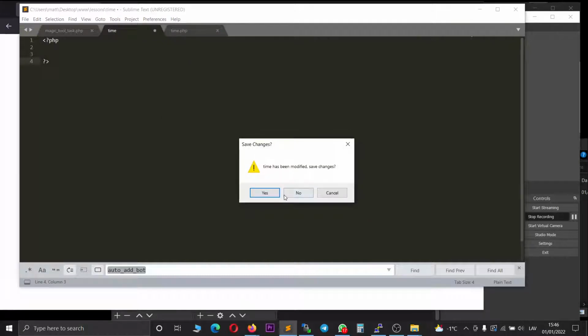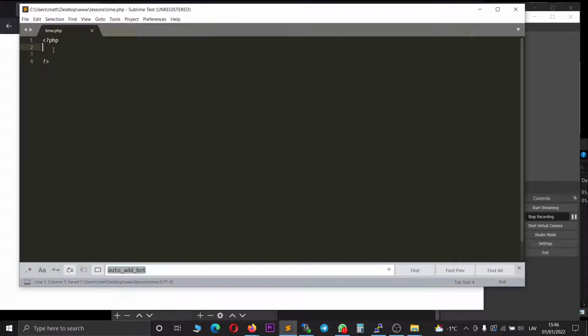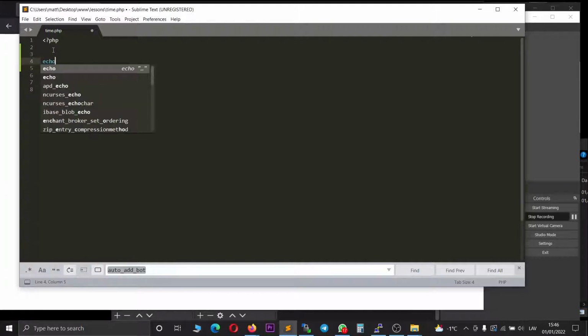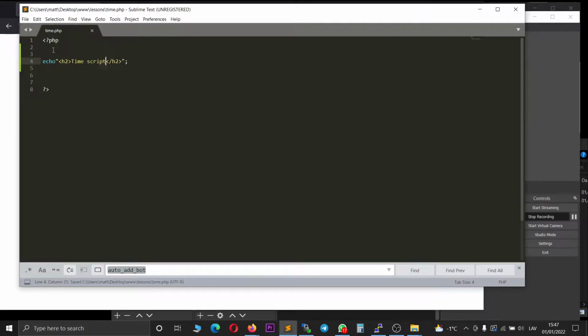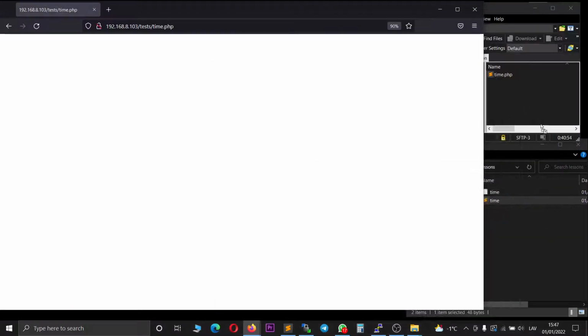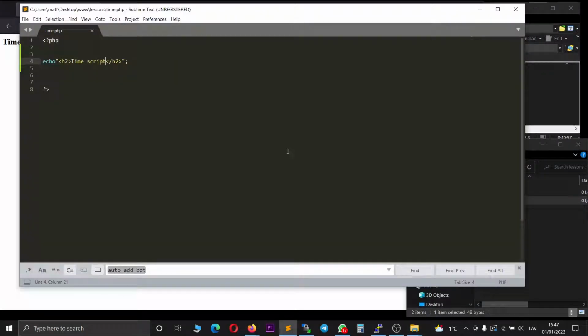I'll show you a couple of ways how you can use time to add dates forward, backwards, and maybe calculate the differences, etc. So first of all, you open your PHP, some kind of editor which you have, and normally I will just echo out something like time script, and I'll just show you that the script is up and running, and let's see how we can manipulate time